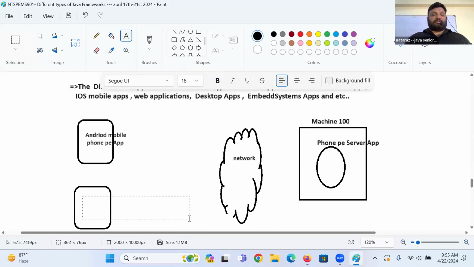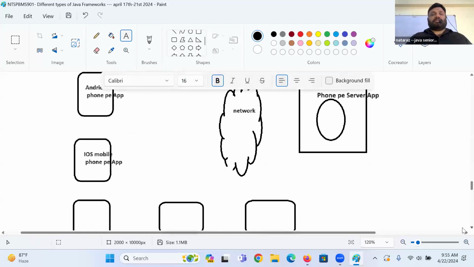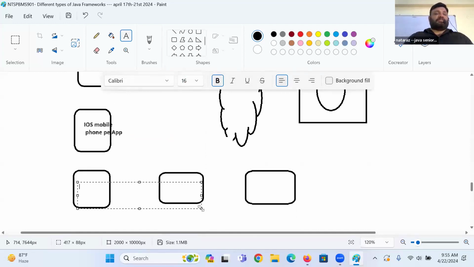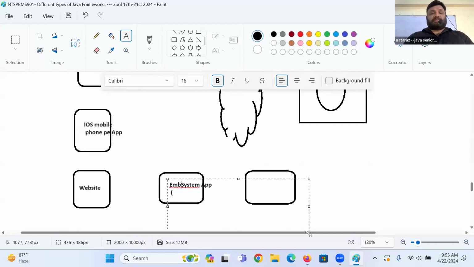Next, an iOS mobile PhonePe application. It can be a website also. It can be an embedded system application, like a swiping machine. Next, a desktop application can be there.